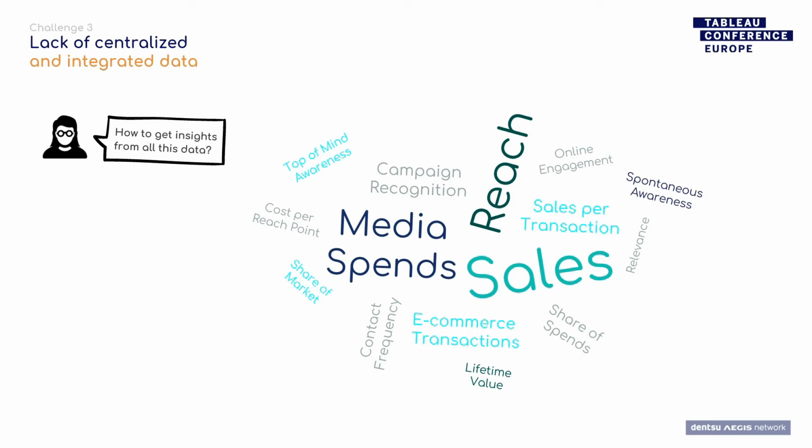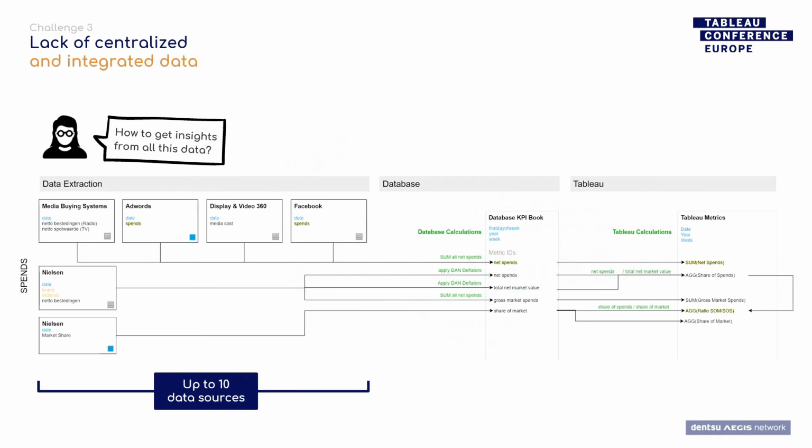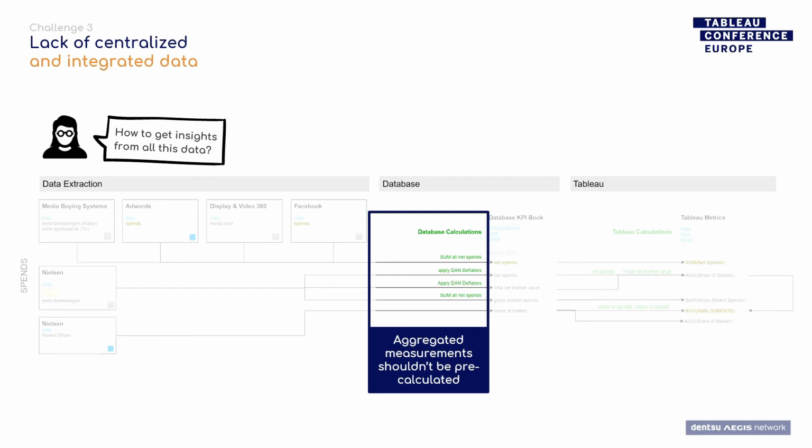So we really needed to make sure that all these different data that we had, and we had it in one dashboard, but in different places. How do we really get our insights out of this? Well, to deal with this lack of centralized and integrated data, I talked to you about a bit of that integrative approach that we had. So we had, for one of our clients, for example, up to 10 data sources that we were integrating. And on the database, we did a few calculations but aggregated measurements we wouldn't pre-calculate. So we only pre-calculated things that we would not aggregate later,